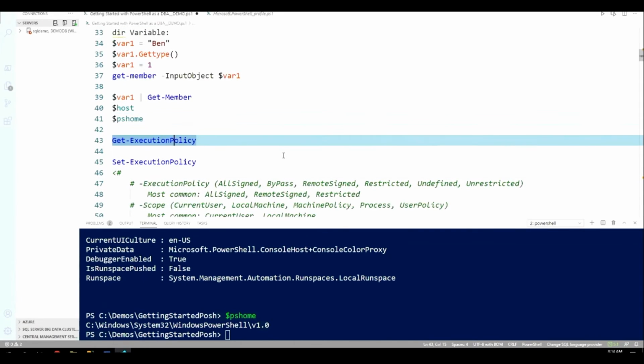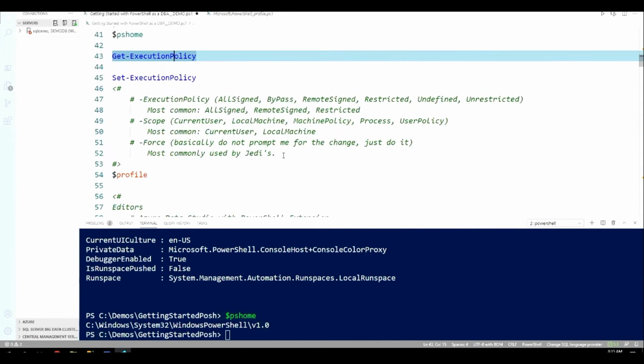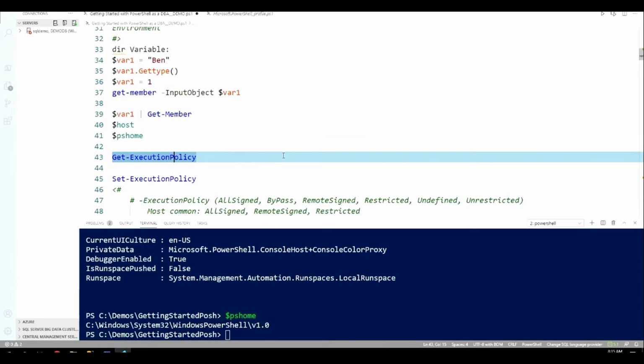The last thing we'll talk about in the environment, I think, is the last thing. Yep. Before we get to profiles, is the idea of an execution policy. So this is another hurdle that people have, that makes them basically quit before they get started: the execution policy. By default, all modern operating systems come with a default execution policy of RemoteSigned. Now, I had to eat my words because I found out that by default, yes, it is installed that way. But once you get Active Directory installed, once you join a domain,